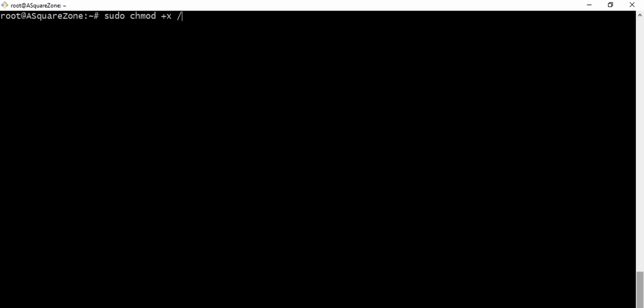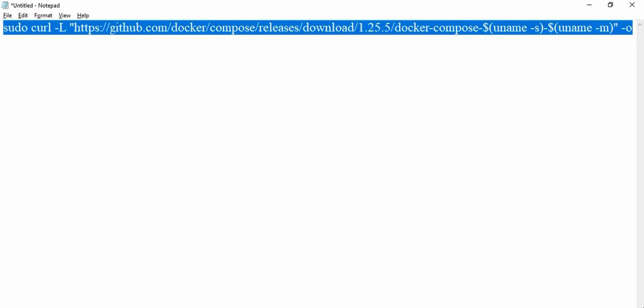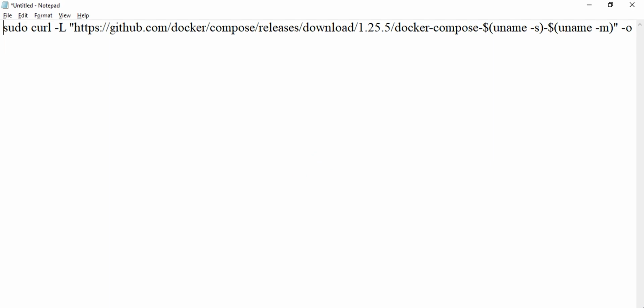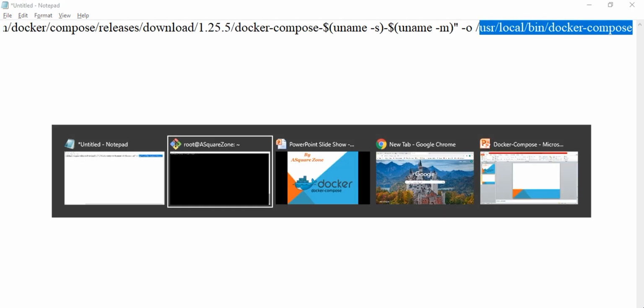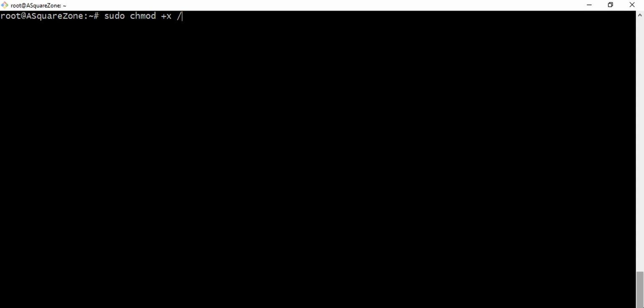We need to provide the path of the binaries, so /usr/local/bin/docker-compose is the path. I'm giving the executable permissions to the binaries here. It's done.